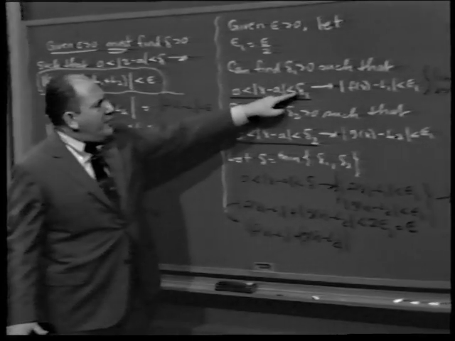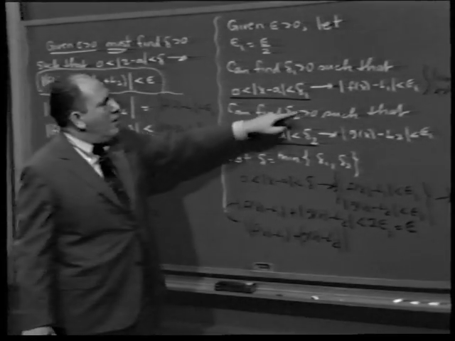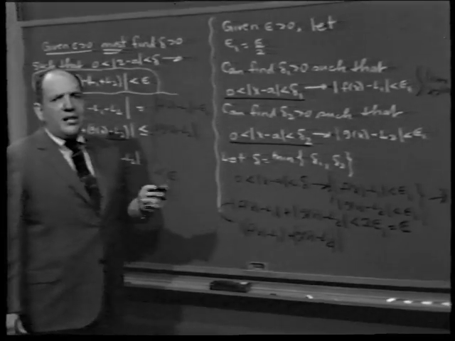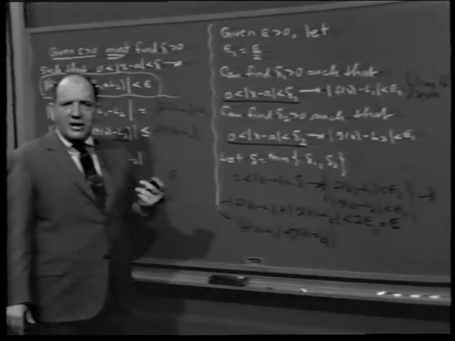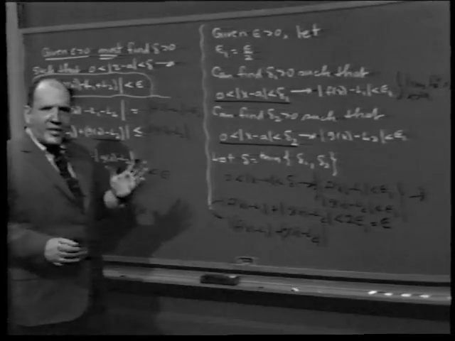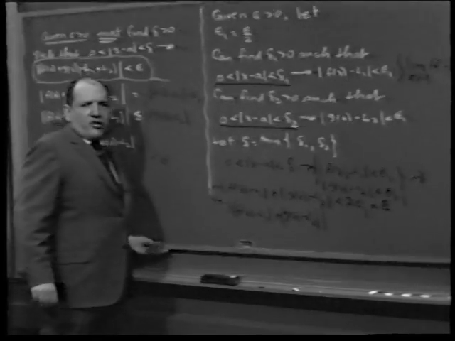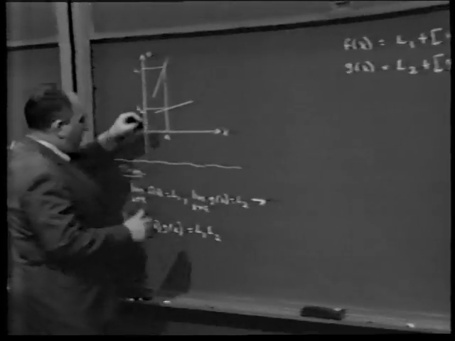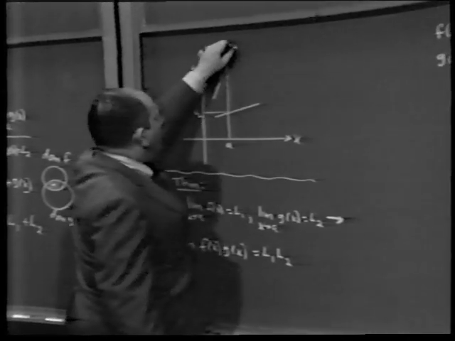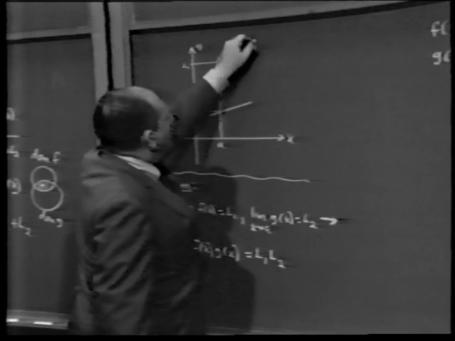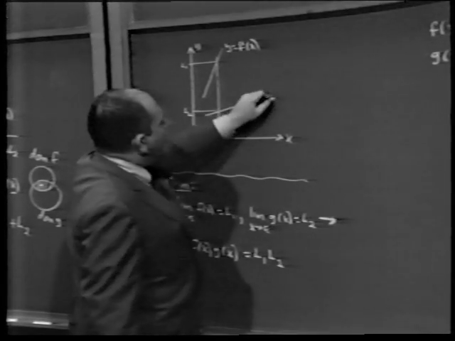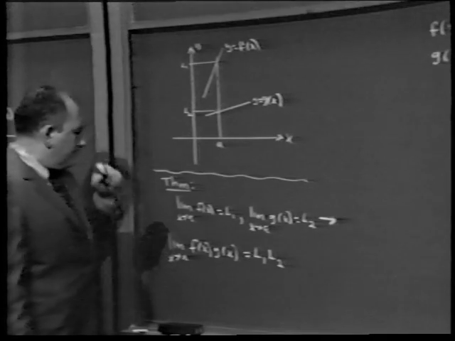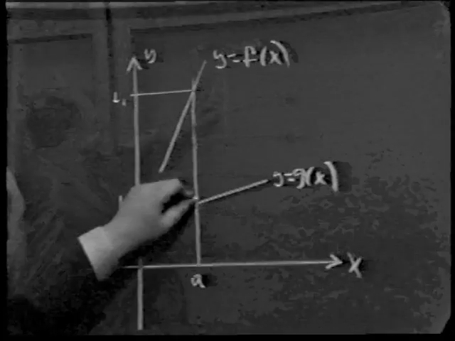Why do you need a different delta 1 and delta 2 for the same epsilon 1? See, if you're memorizing, there's again a danger that you won't realize this and why this happens. Let me show you in terms of a picture what this means. See, let this, for the sake of argument, be the curve y equals f of x. And let this be the curve y equals g of x. Okay? All we're saying is this,